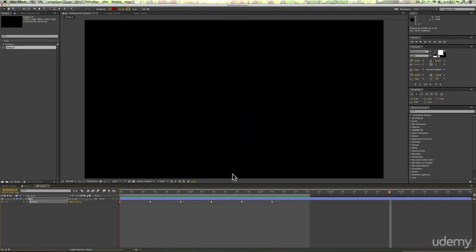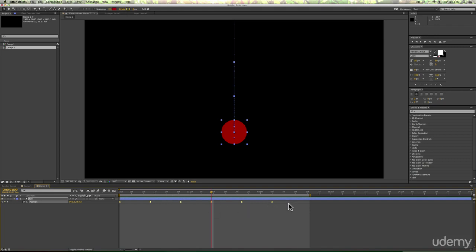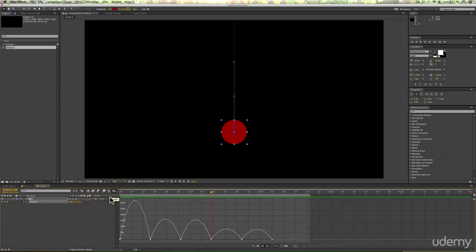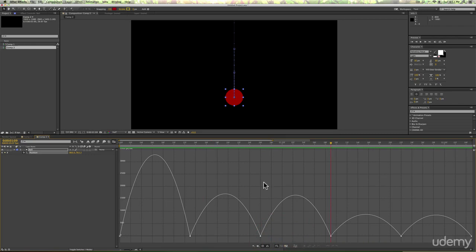So as I was saying, that's not how a ball would bounce. So what we can do is look at the graph editor. Select your keyframes and select the graph editor. See all this stuff? See what I just brought up? All right, so then I'm just going to click this Fit All Graph to View so that I get a nice